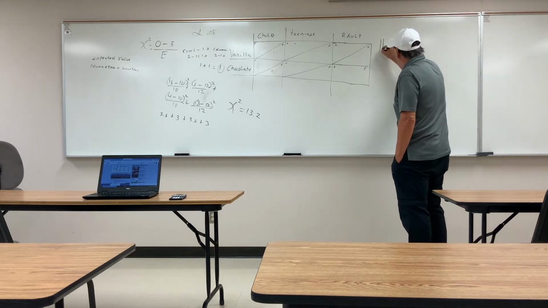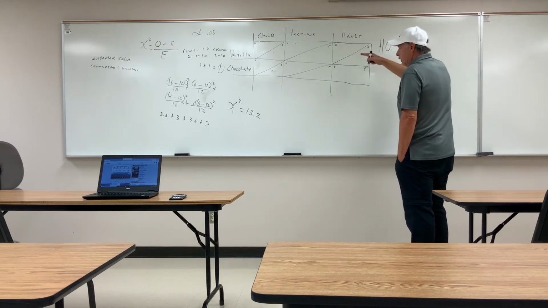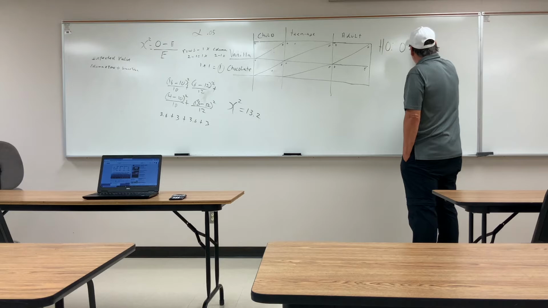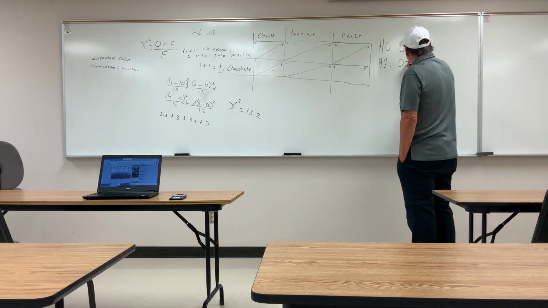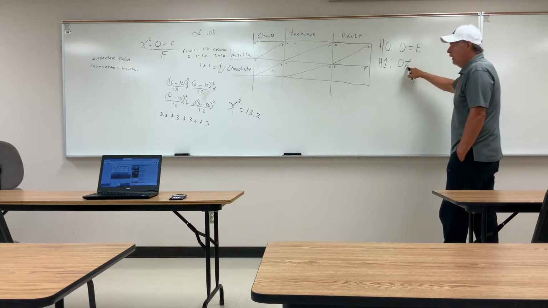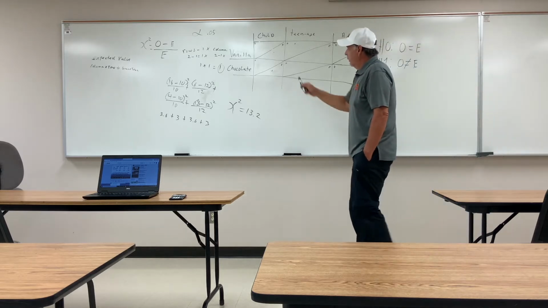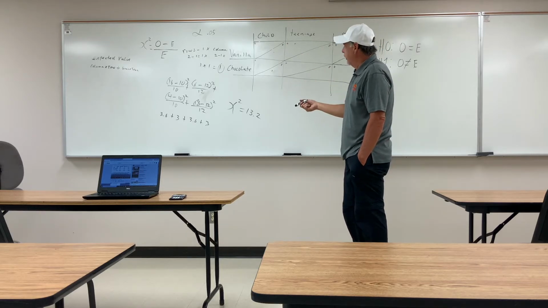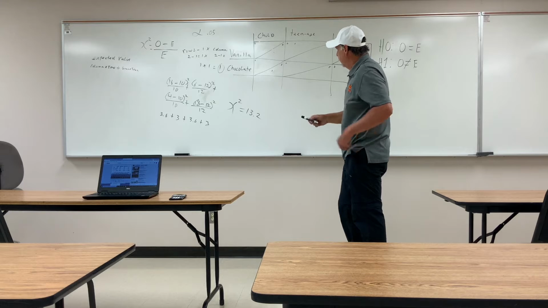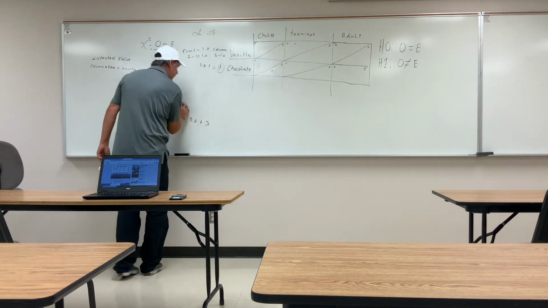And our null hypothesis, again, is that our observed scores are going to be equal to our expected scores, and our alternative hypothesis is that there is a difference. They're not equal to the expected, based on an alpha level of 0.05 and our degrees of freedom. So our degrees of freedom in this particular example,